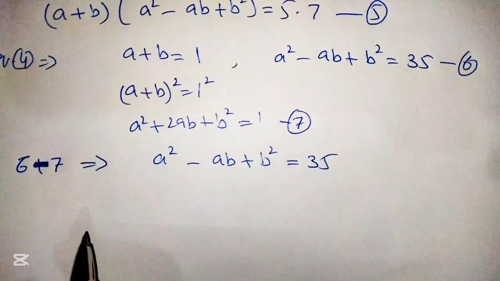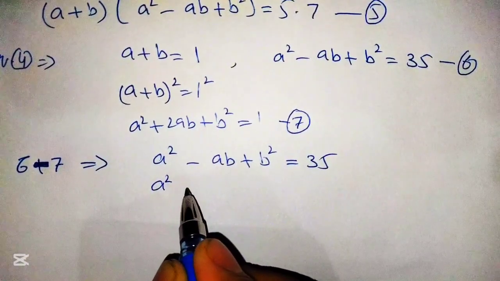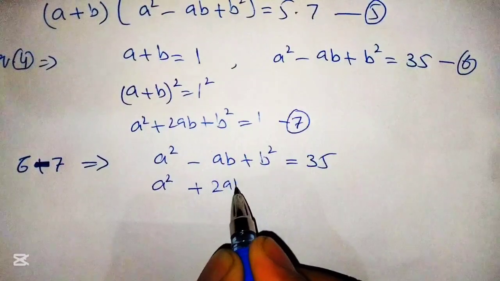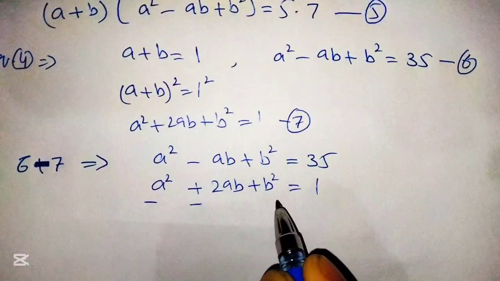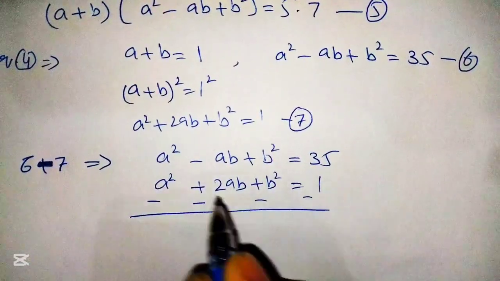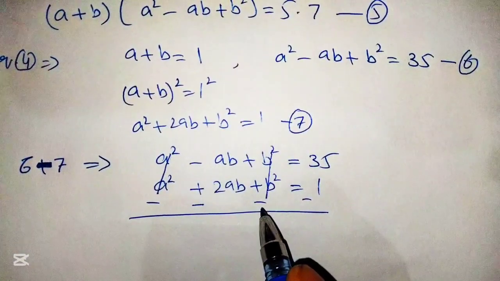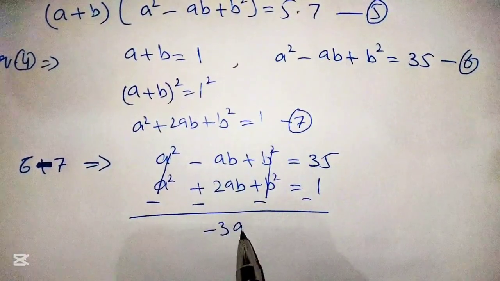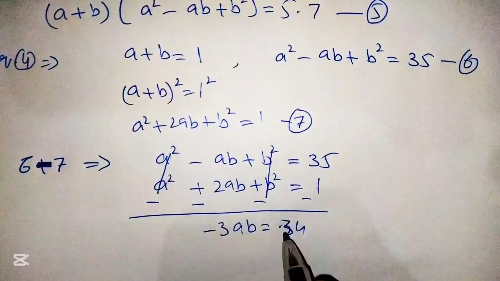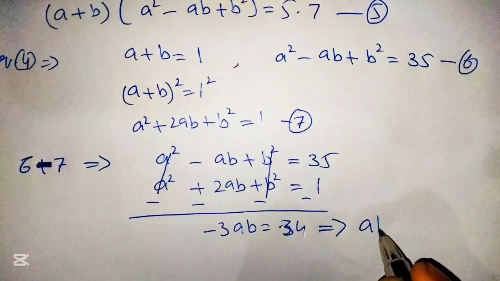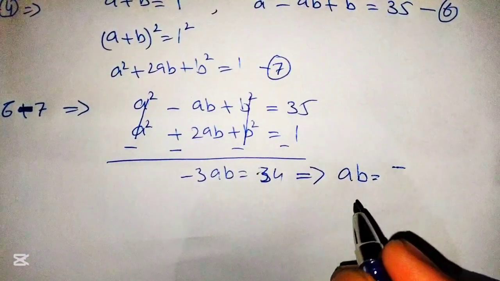So subtracting equation number 7 from equation number 6, we will get a square plus 2ab plus b square is equal to 1. Subtracting, now a square minus a square cancel out, b square and minus b square also cancel out, and we get minus 3ab is equal to 35 minus 1 is equal to 34. This implies that ab is equal to minus 34 over 3,